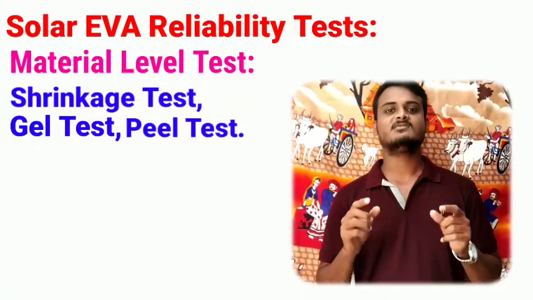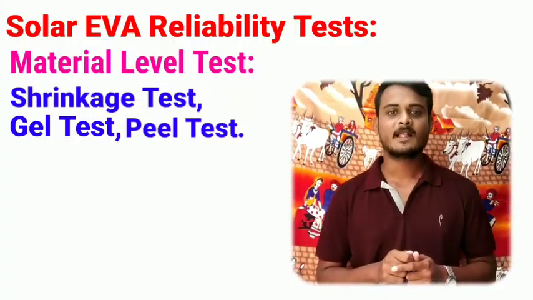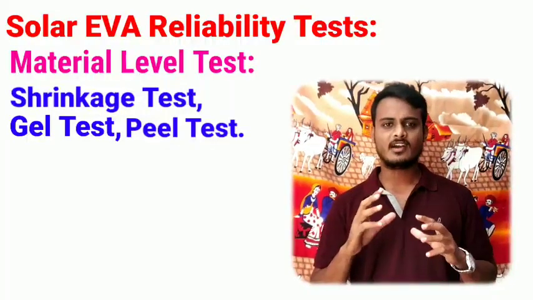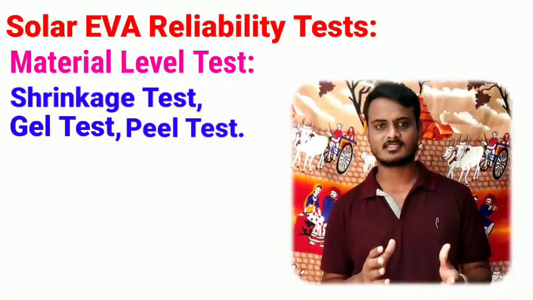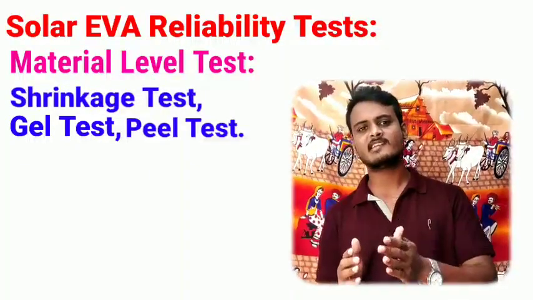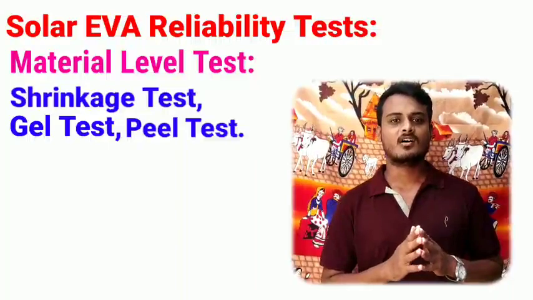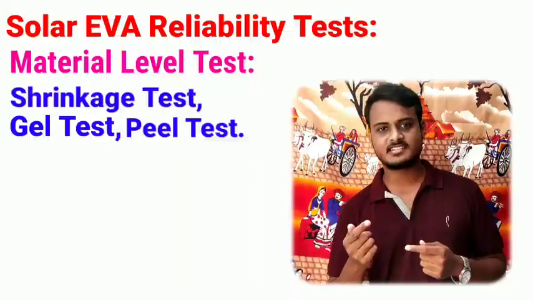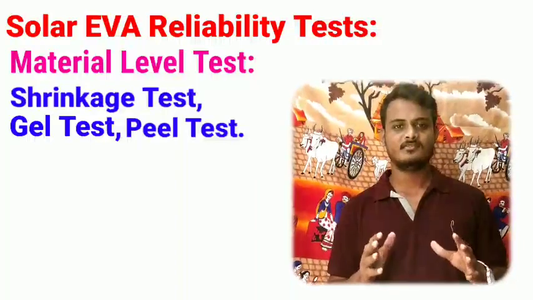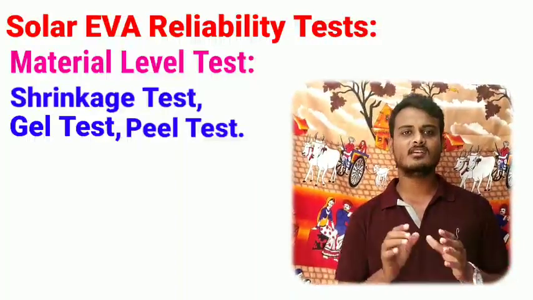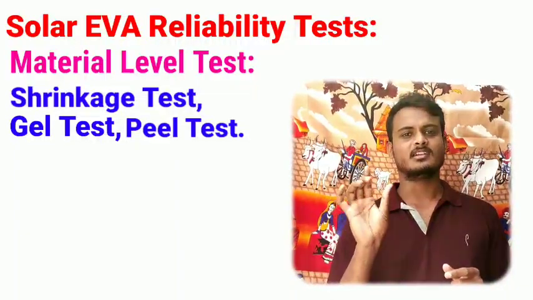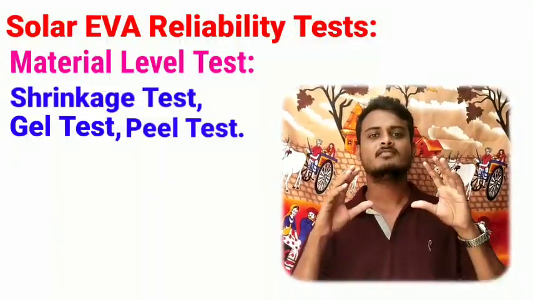The next test is the peel test. Peel test means that in the layer process we have 5 layers. The first layer is glass. Glass to EVA bonding checking percentage is known as the peel test. And the next one is glass to backsheet. We conduct both these tests on this EVA. This is the peel test. We need each 10 mm greater than 70 Newton per centimeter.